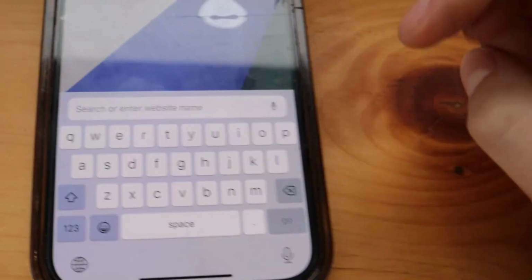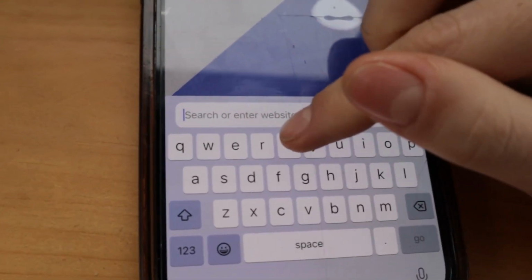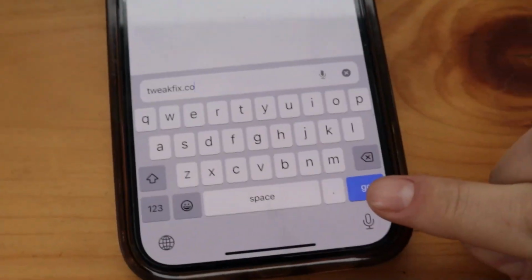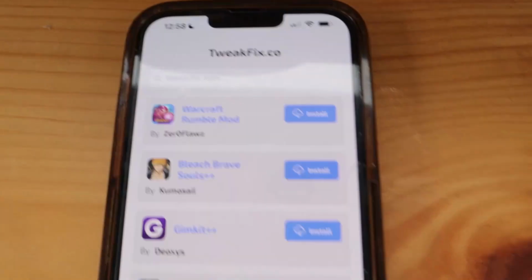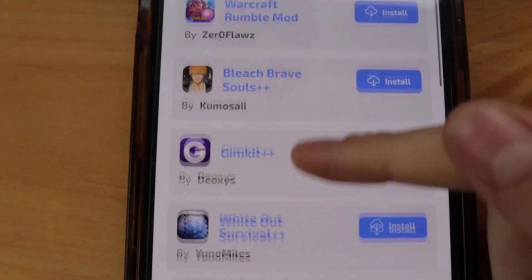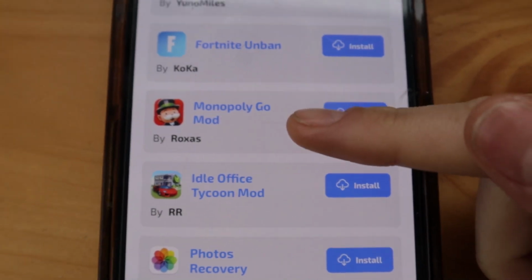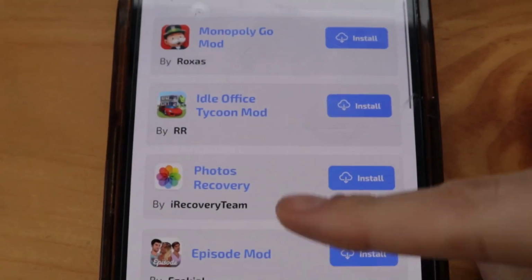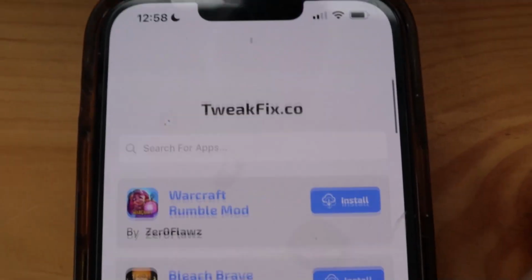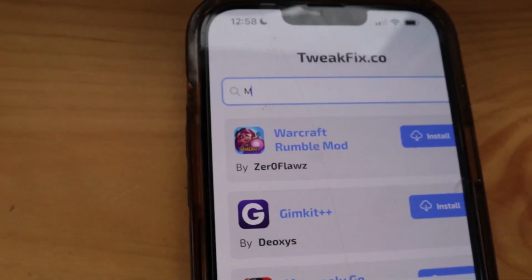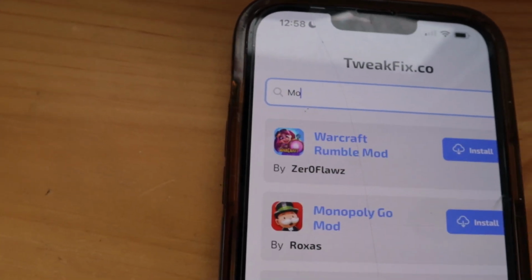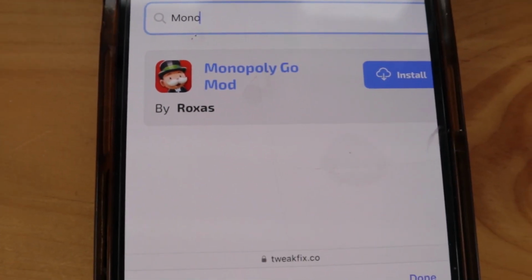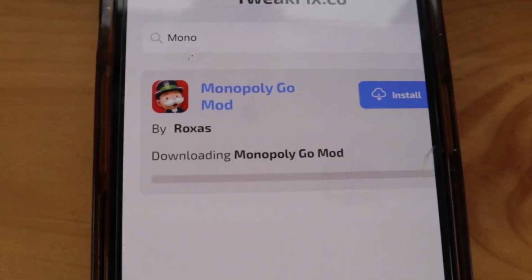And now we're actually going to go on the website where we will download this modded app from. So go ahead and open up your internet browser, and in the URL you're going to type in tweakfix.co. That's tweakfix.co, and press go. It takes you on this awesome website with a ton of different options for modded and hacked games. I just want to show you some more options just to show you that we have a ton. But the Monopoly Go is right there, and I just want to show you too, we have a search bar so you can look for what you're looking for really easy. Once you've found it, you're just going to press that blue install button next to it and wait a moment